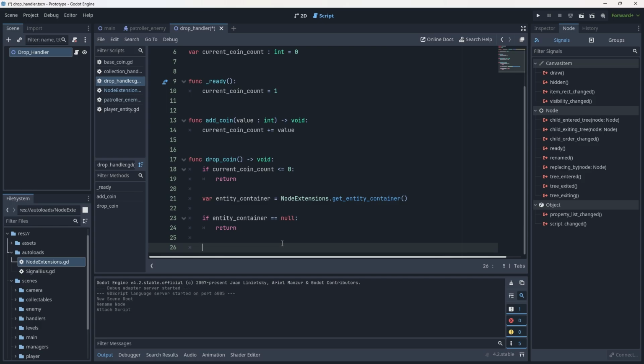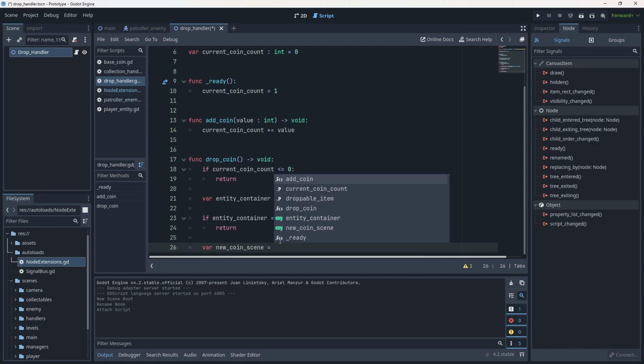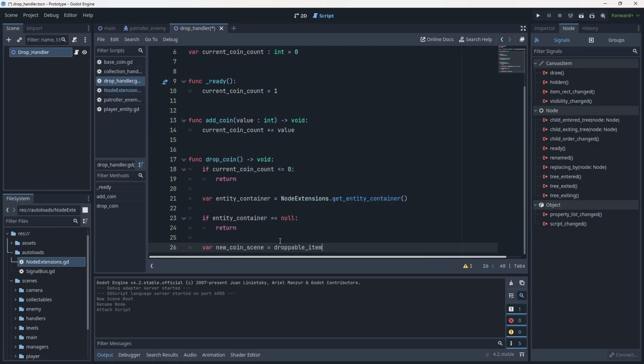Now, what we want to do is create another new variable under our if container equals null check, and we want to call this new underscore coin underscore scene, because this is very specific, right? This is going to be the new coin, and it's the scene version, not the packed scene, the scene version. We want to set that equal to the droppable item dot